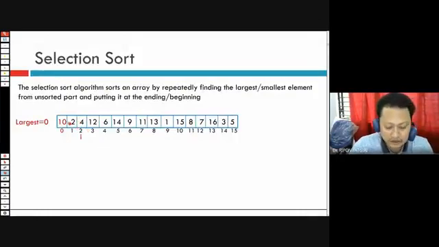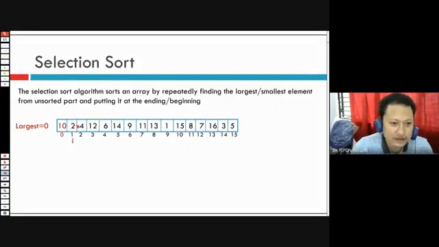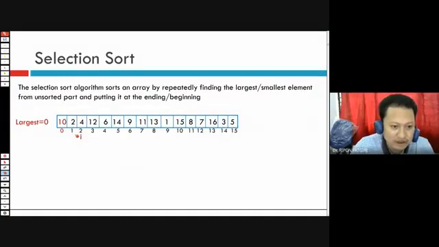In the earlier example, comparing 10 and 2, the largest is at index 0, so we have put it as 0. Then comparing 10 and 4, the largest is 10, so the index is 0.